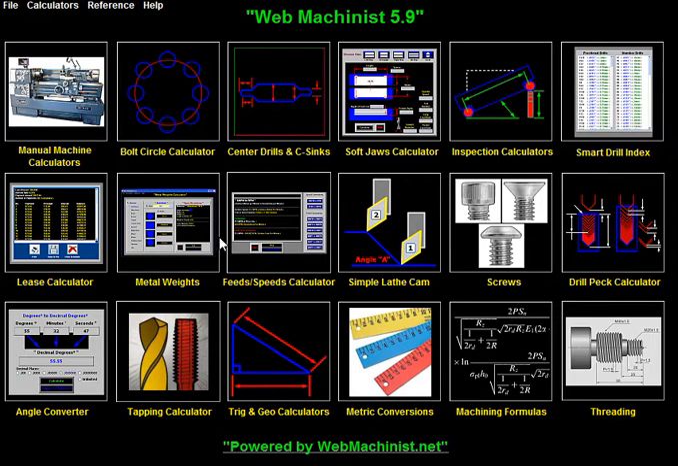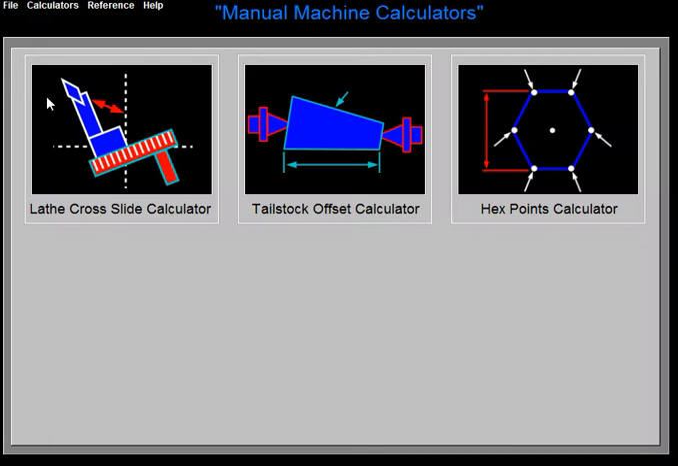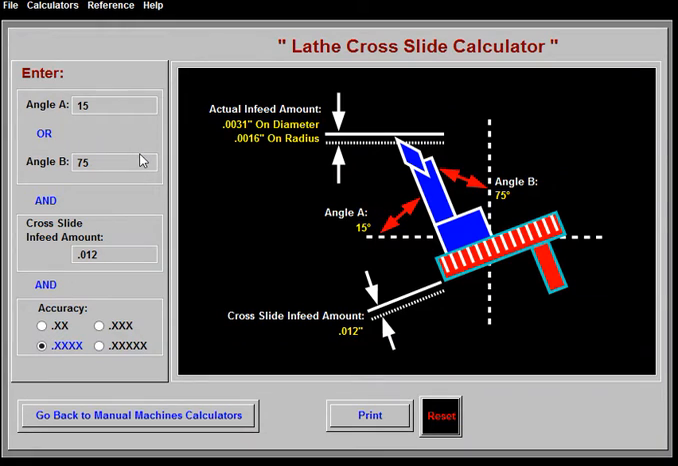Anyway, I'm going to start right up here in the corner with the manual machine calculators, and you just click the button. You've got a lathe cross-slide calculator, a tailstock offset calculator, and a hex point calculator. This lathe cross-slide calculator will calculate the actual in-feed when you're at an angle on your cross-slide, depending on the angle, either this angle or this angle, and what